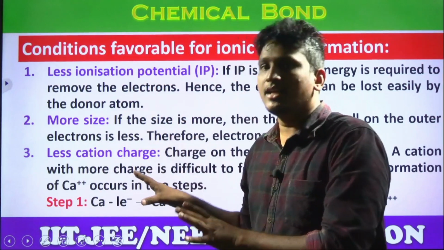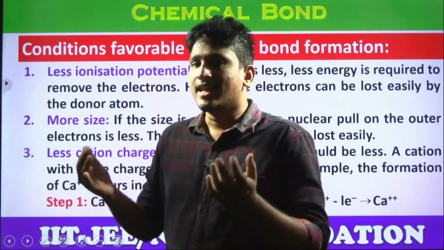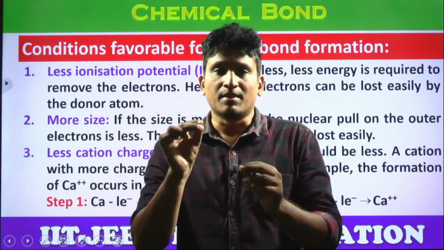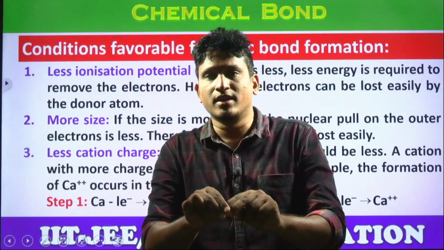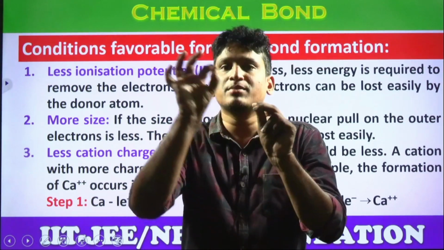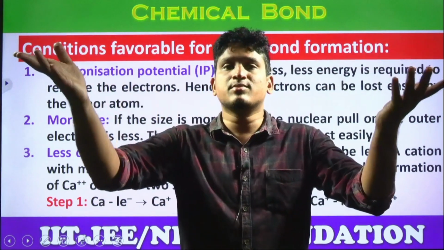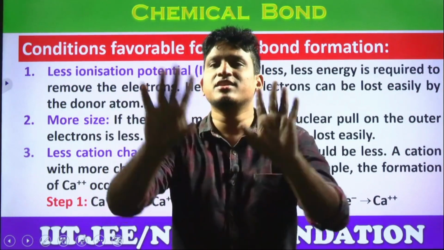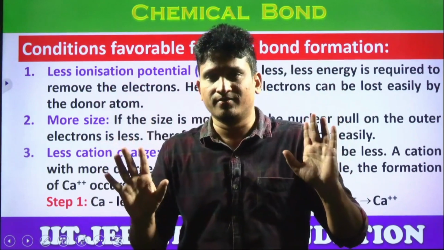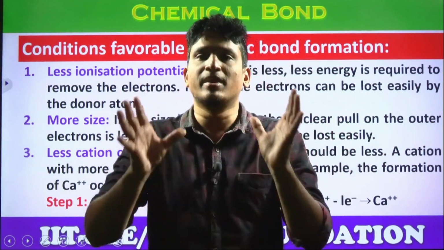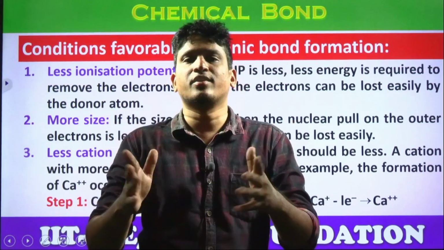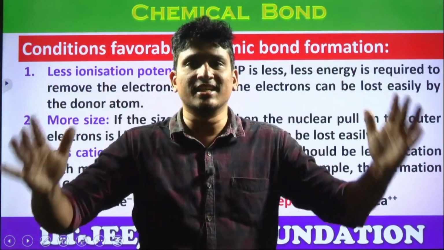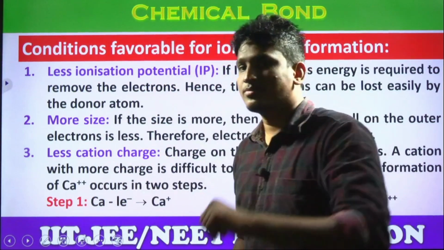So the combining electropositive element should have less IP or more IP? Less IP. What is the meaning of less IP? That means with a minimum amount of energy only, the element should be capable of losing an electron. More IP means what? It needs more energy to remove that electron. Yes or no? Less IP means with small energy also, it can easily lose an electron. The metallic element can easily lose an electron. You already know top to bottom IP values decrease, atomic size is increasing. Yes or no? So that's why lithium forms covalent compounds.